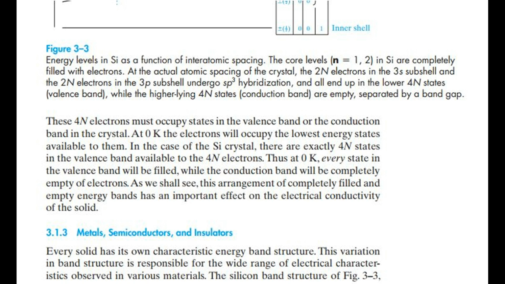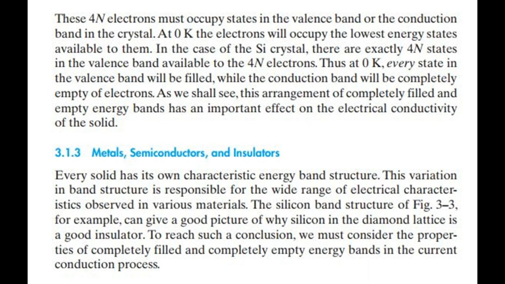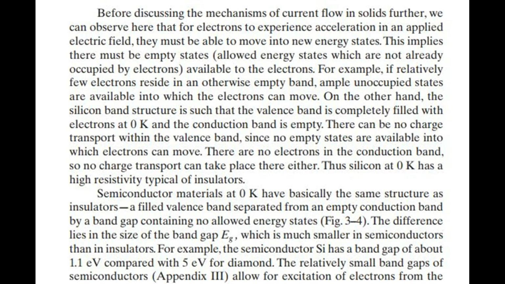Metals, semiconductors, and insulators. Every solid has its own characteristic energy band structure. This variation in band structure is responsible for the wide range of electrical characteristics observed in various materials. The silicon band structure of Fig 3.3, for example, can give a good picture of why silicon in the diamond lattice is a good insulator. To reach such a conclusion, we must consider the properties of completely filled and completely empty energy bands in the current conduction process. Before discussing the mechanisms of current flow in solids further, we can observe here that for electrons